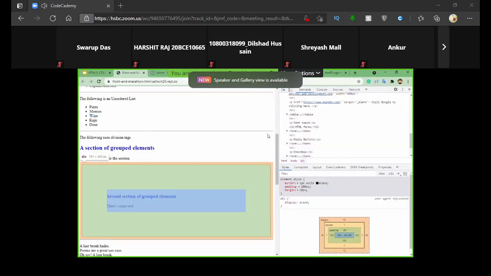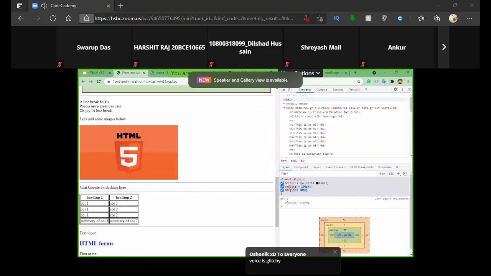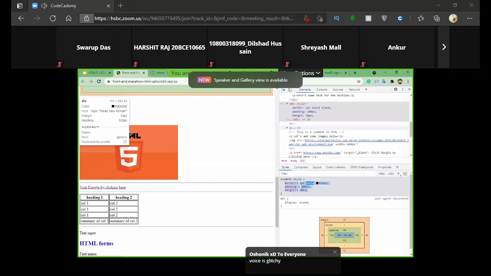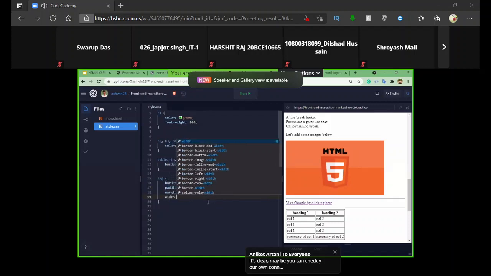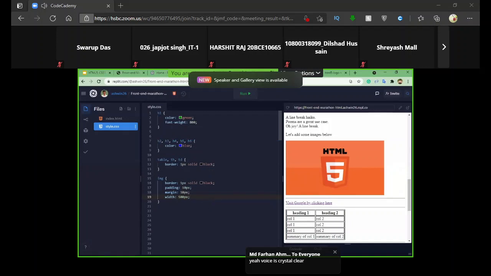As you may remember, we used this image over here. Let's say we want to add these properties to the image, so let's use the coding part. Let's say we want to add the styling properties for the image using this box model technique, and let's say we want the width to be 500 pixels, a little bit bigger than before.